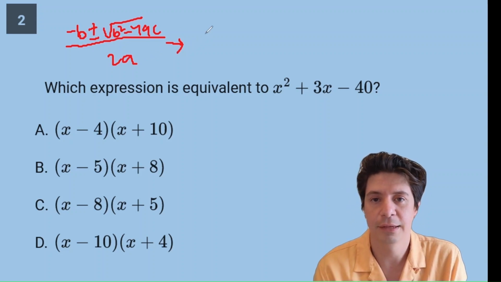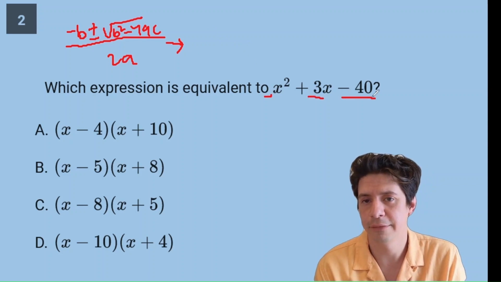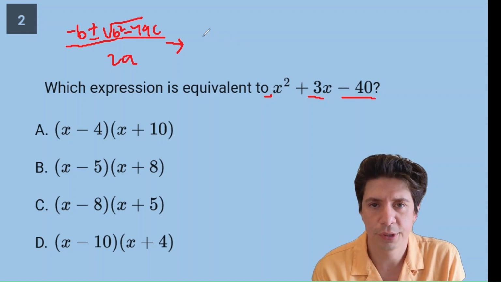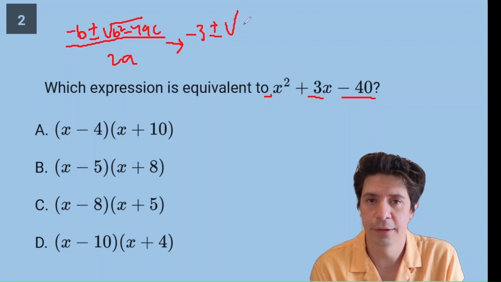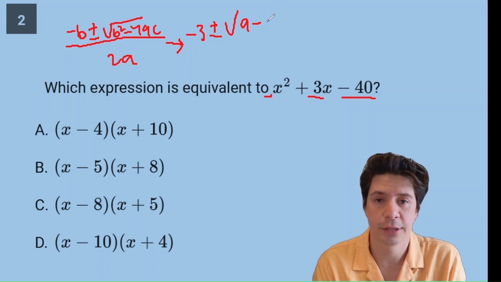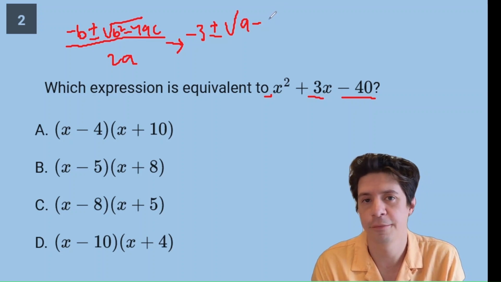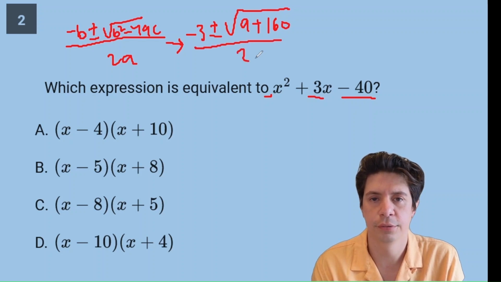So you're going to plug in the values. This is the A value, 1. This is the B value, 3. And this is the C value, negative 40. So then it's going to be negative 3 plus or minus square root of b squared, which is just 9, minus 4 times A, so that's 4 times 1, which is 4 times negative 40, positive 160, all over 2A, which is just 2, and that's going to get us